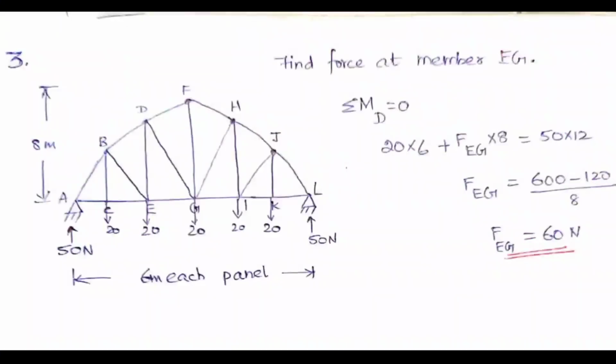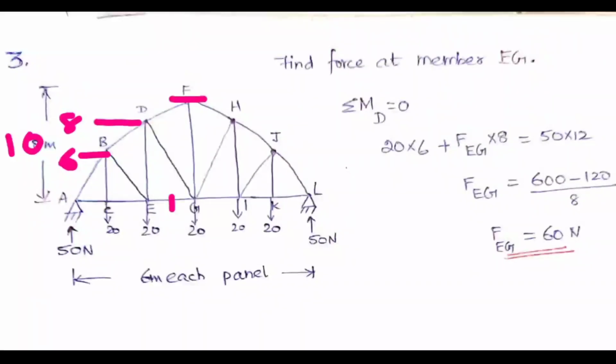So this is the third question. If you see the question, it looks like a big truss, but the answer is very simple. In this question they have asked to find the force at member EG. So this is the member we want to find the force. Before that there is a correction in this question: just make this 8 meter, and this is 10 meter. Okay, so until this F it is 10 meter, until this D it is 8 meter and until this B it is 6 meter. Just change that alone. So now we can get into the problem.